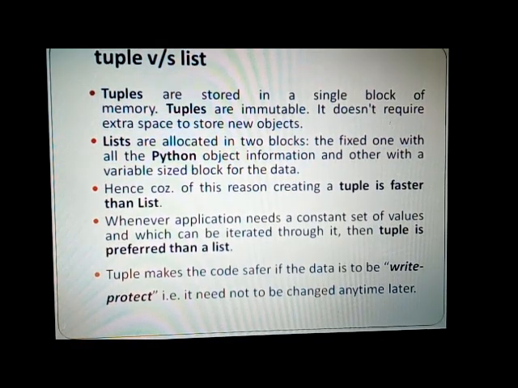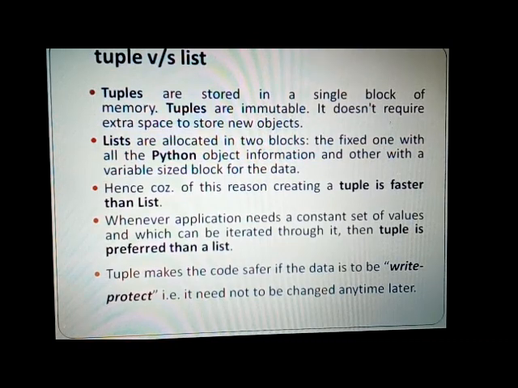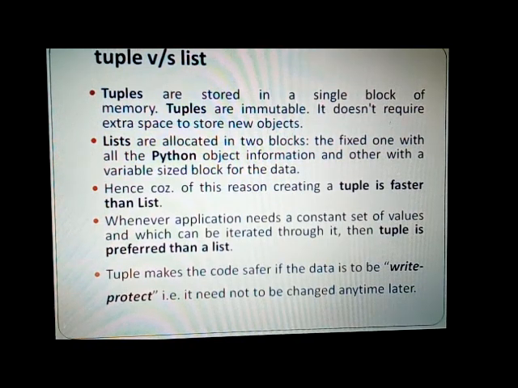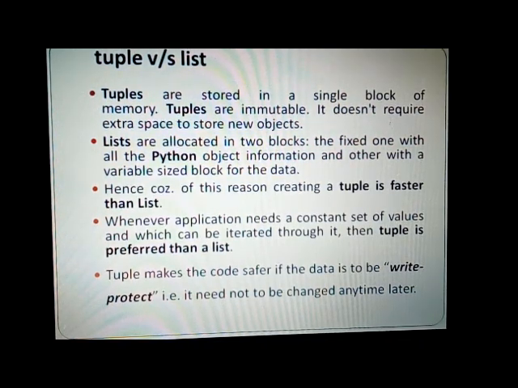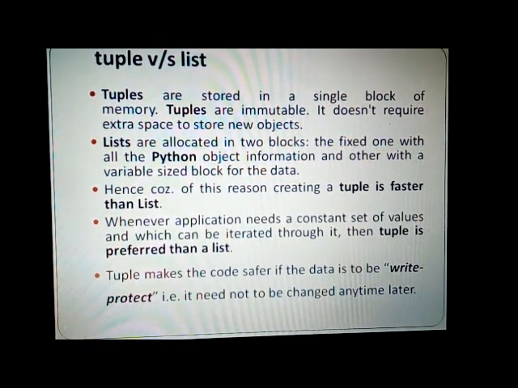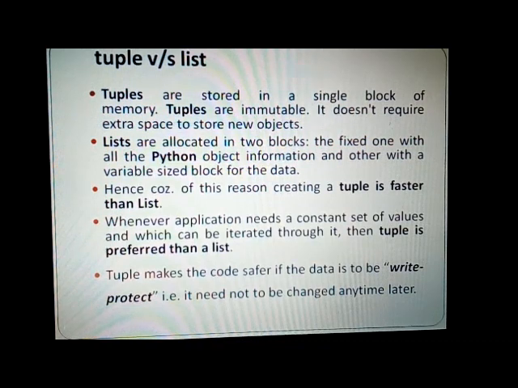The first block has the information about the object, while the second block has information about the variable size of the data. Because of this, tuples are faster than lists. So whenever you need to make a choice between a list and a tuple, if it is a speed criterion, then tuples are faster.